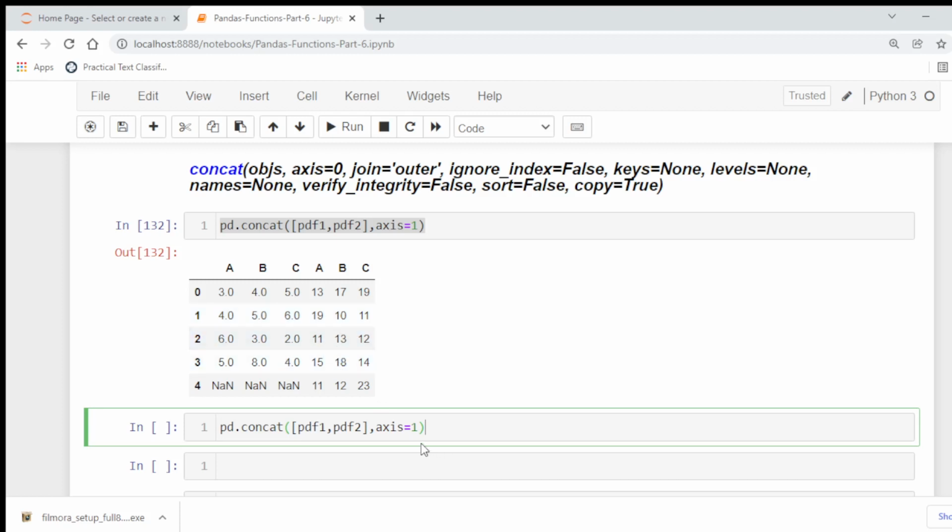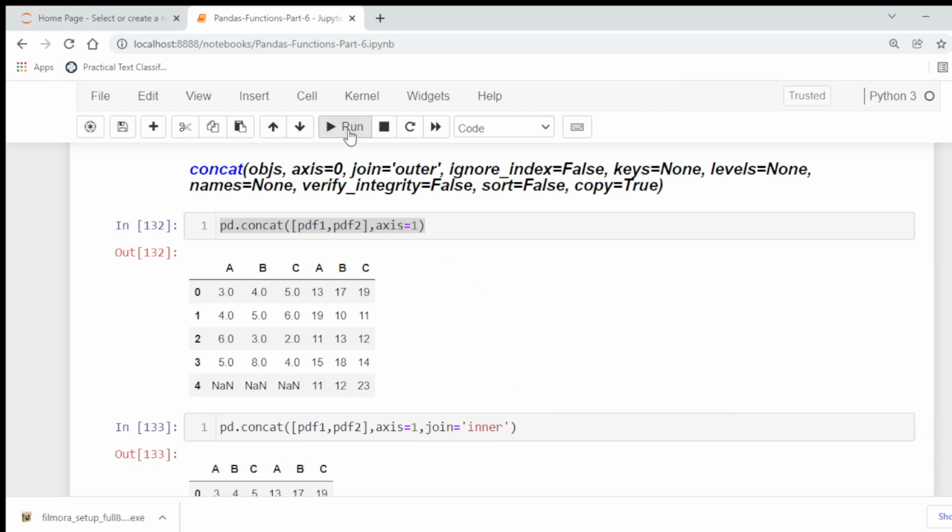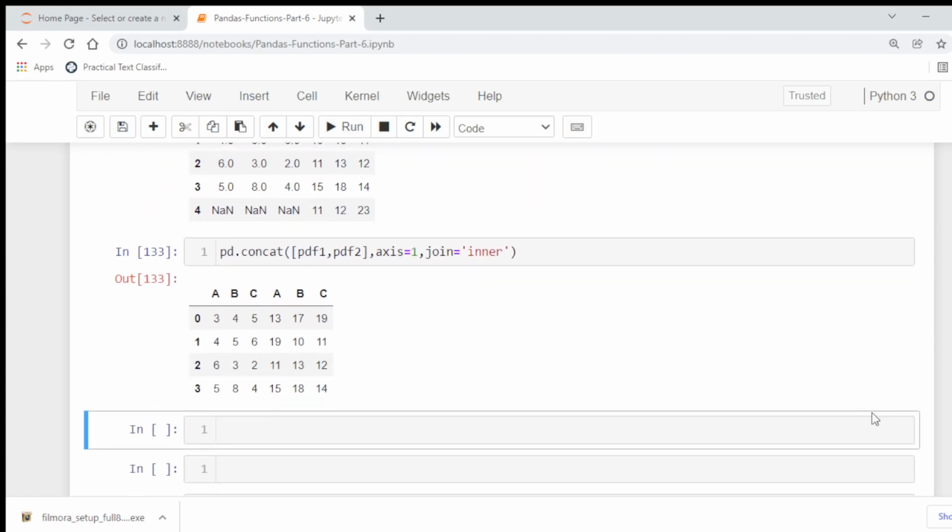So if we change this, for example, to join equal to inner, it will remove this from the concatenated results. So now we have 4 rows, because inner would eliminate data that does not have a match in the other data sets.